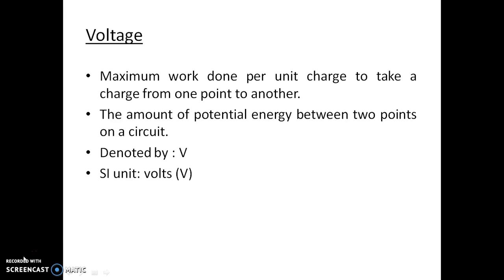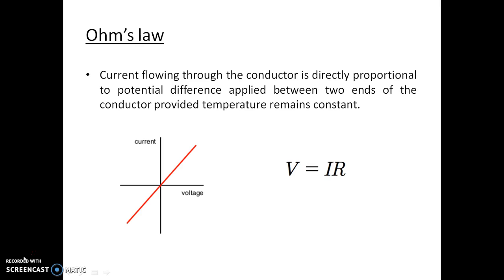Here we have talked about two basic elements of electricity, that is electric current and voltage. The relation between these two elements is given by Ohm's law. In the next slide, we are going to talk about Ohm's law. While performing an experiment, German physicist Mr. George Ohm came to know that there is a direct relationship between applied voltage and the current flowing through the conductor. So this relationship is known as Ohm's law.